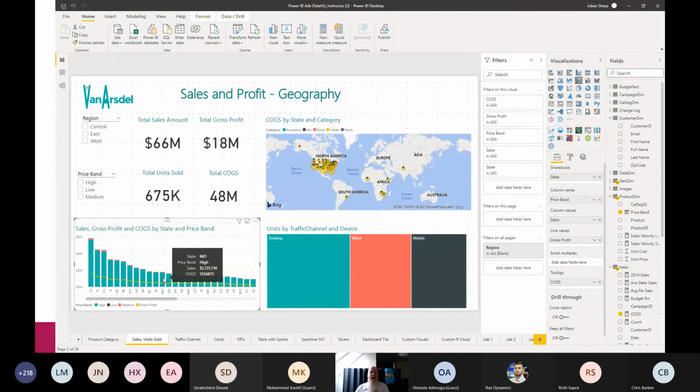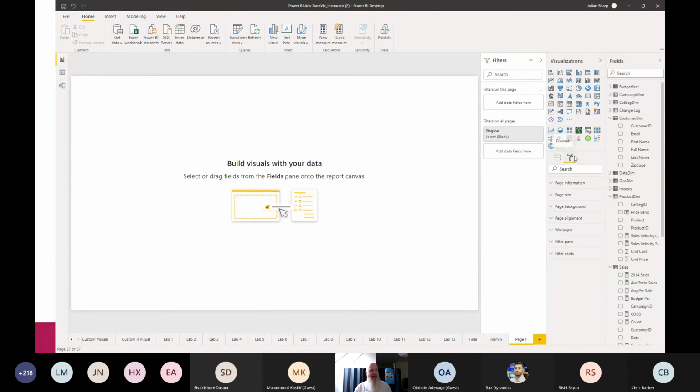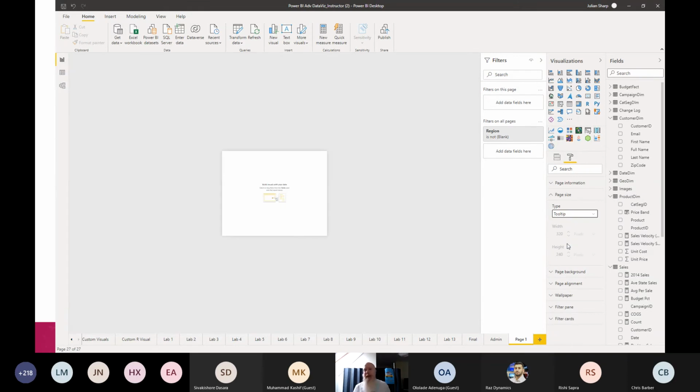Did you know that you can actually have a page? I can actually have another page that can act as a tooltip. Did you know that? Yes, I think these are really great. These are really, really powerful. This is where it starts to get really, really cool. But you just need to know how to add that page in. You're going to create a page. You have to format it, and you have to say the page size is for a tooltip page. Yeah, great. But that's the sort of thing we're getting. I'm trying to give you an idea of the level of knowledge that you need to have for the exam.